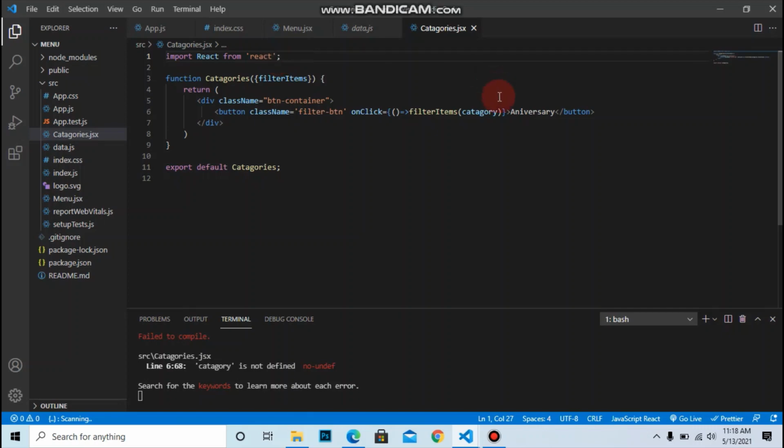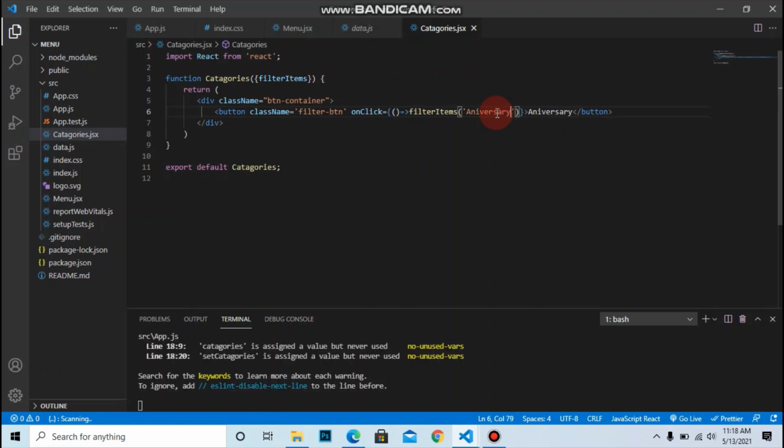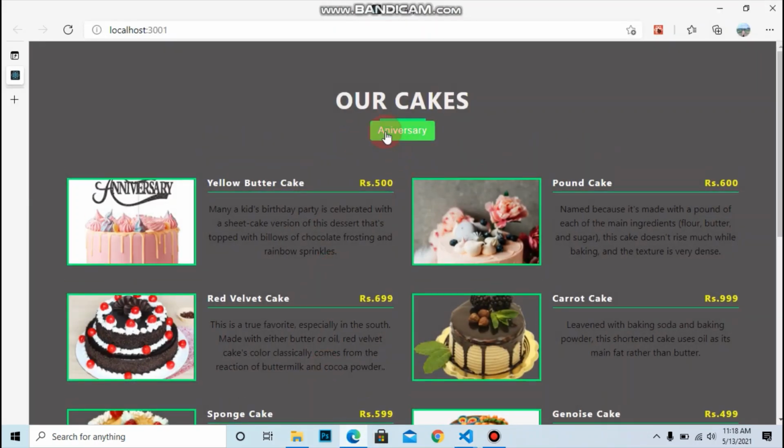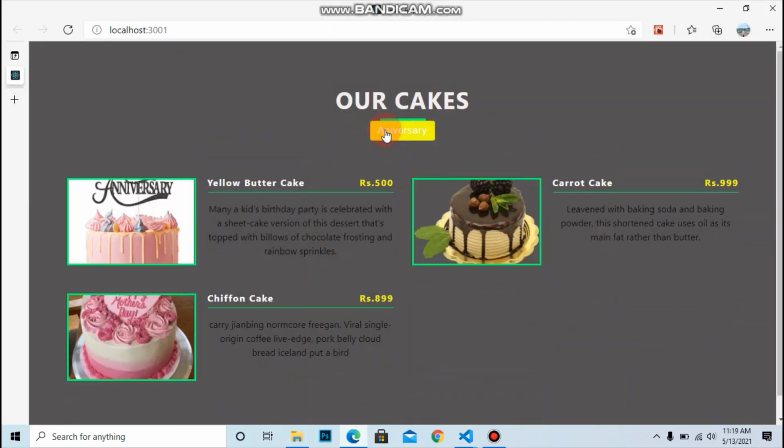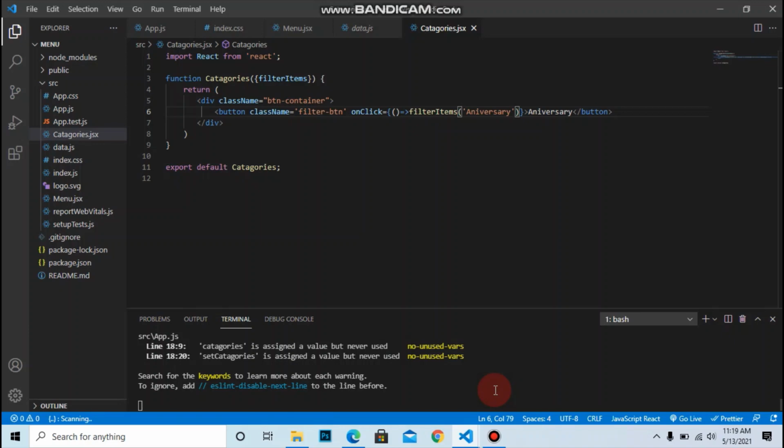Oh, we're not rendering. So let's first add the anniversary, that is the anniversary category. We are not rendering dynamically, we're just manually adding the buttons. Let's get back to the browser, and there is the anniversary button that filters the anniversary items. So this is the manual approach of filtering the items.